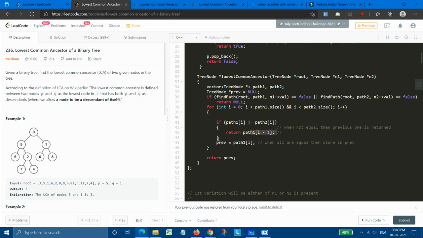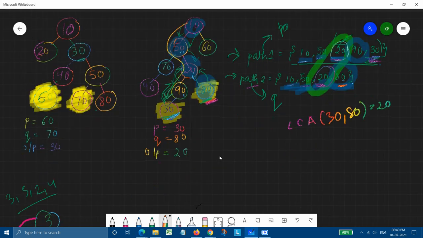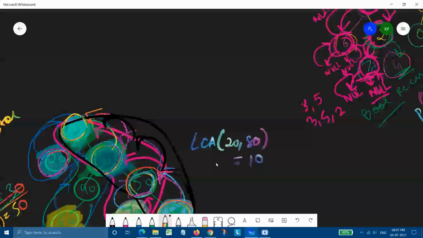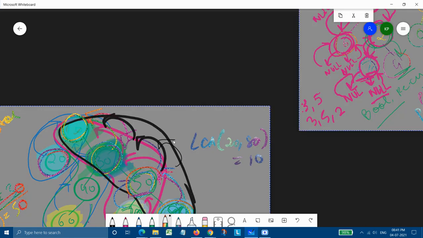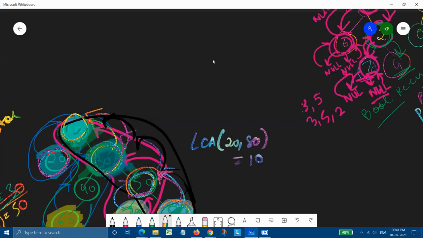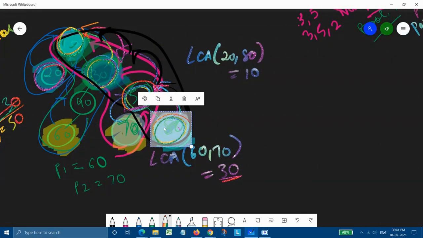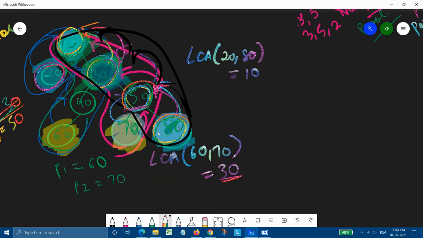But there could be any case also where we are not encountering any of the nodes which are not common. Like this case, when we were having the example of 80 and 30. In this, all the nodes are actually common.